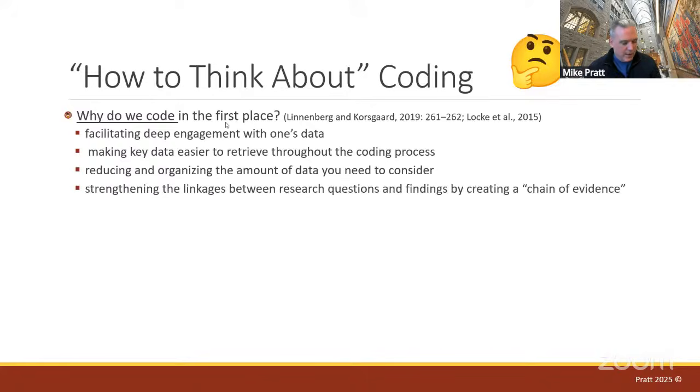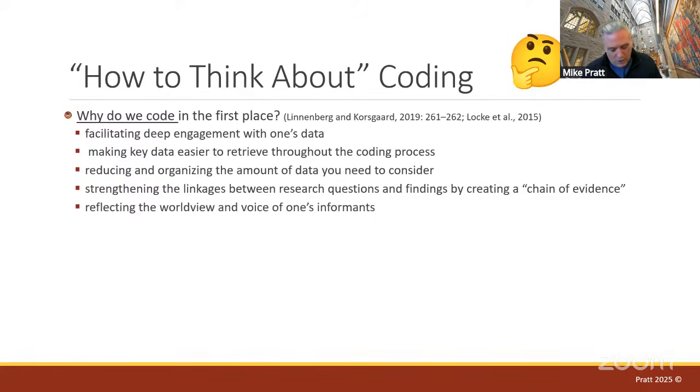Fourth, it should strengthen your chain of evidence. So at the end of your analysis, you're going to want to link what your research question was to your findings. They refer to that as creating a chain of evidence. So if I have codes, I can say, here's why I went from why do people love and hate Amway, or how do they facilitate connection, to, at the end, positive identification, disidentification, and ambivalent identification. So the codes allow me to make that link.